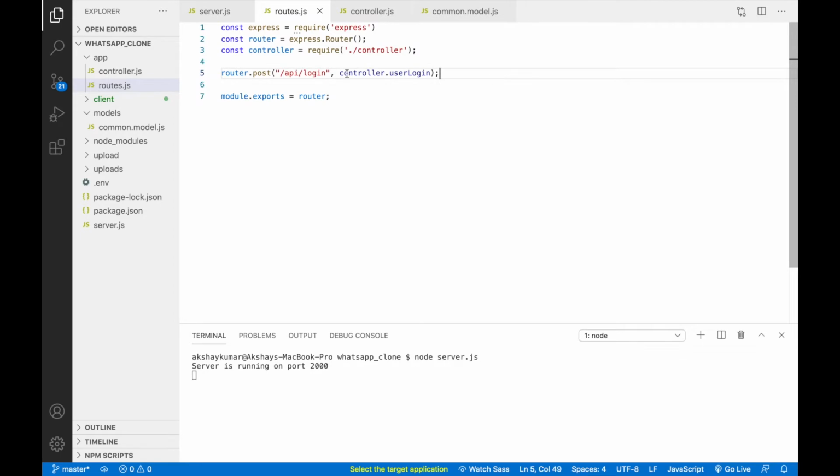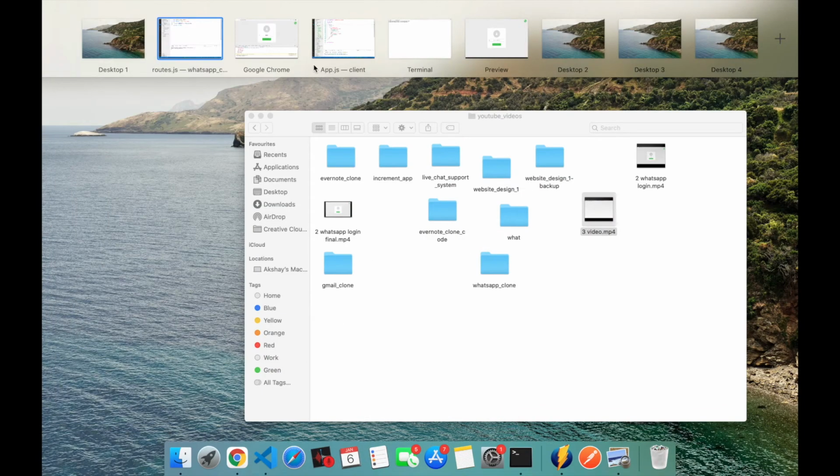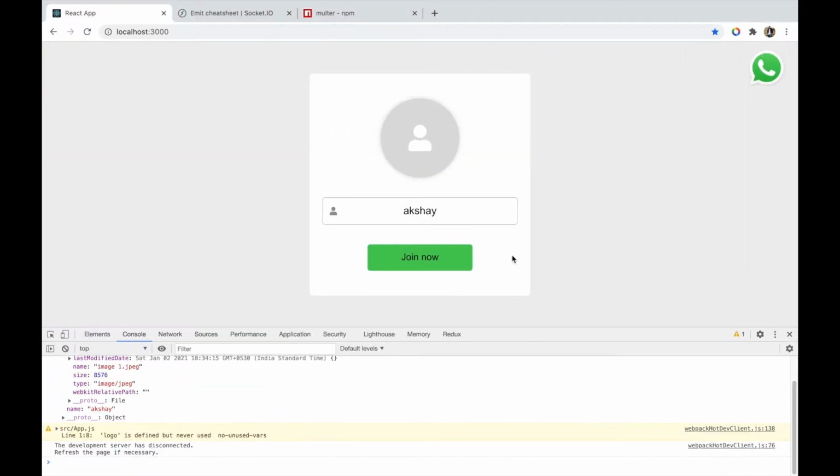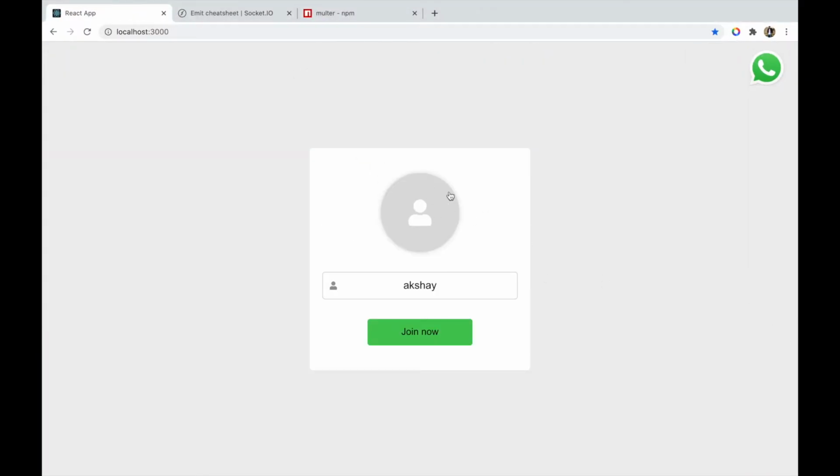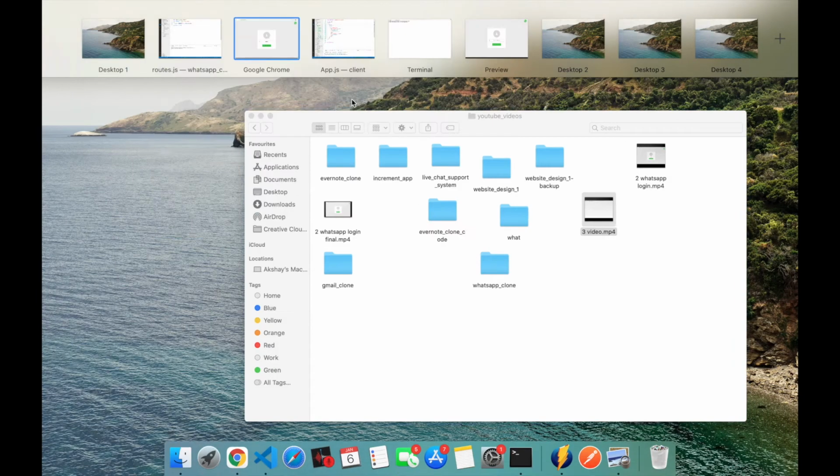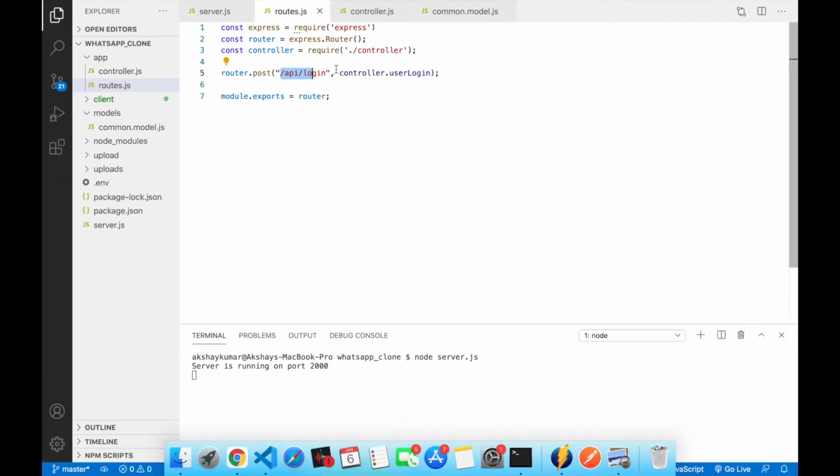In this API, because this is a login, if you remember, in the login we have a profile picture and a name, right? For storing this profile picture, we will be using a library, and that library is the Multer library. We can create a middleware here.